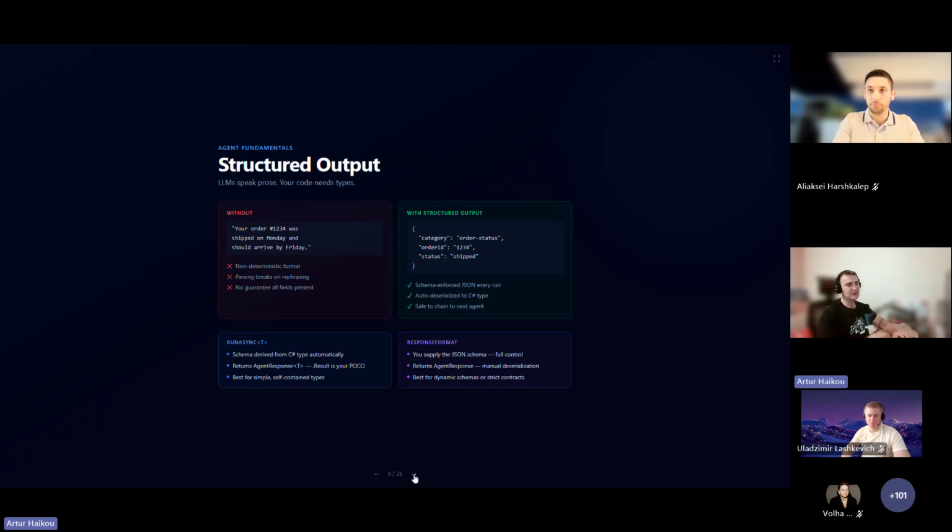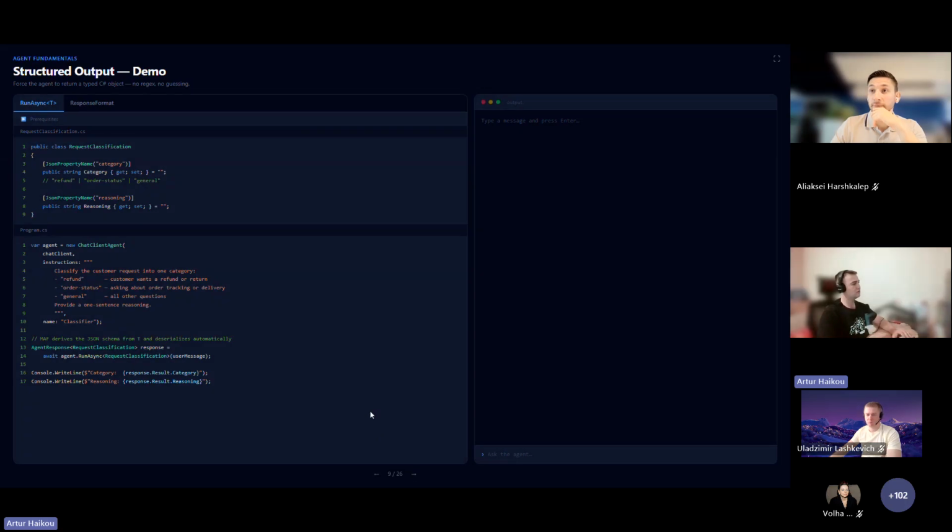Okay, and in some cases, you would like to receive a specific output from the agent. In this case, you're able to utilize the structured output functionality. And how can you do it in Microsoft Agent Framework? Again, with Microsoft Agent Framework, you don't need to think about how it's implemented behind the scenes, because you're able to use some helper methods and so on. And for structured output, of course, you're able to use a generic method for running the agent.